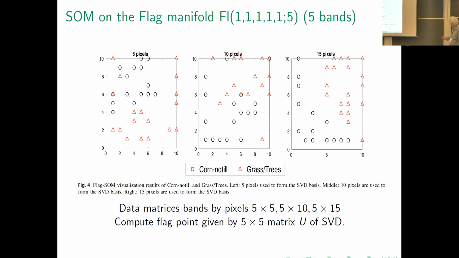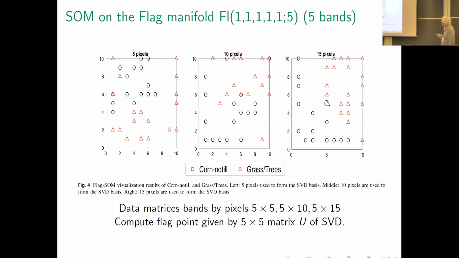And now I guess I'm kind of rushing, but that's all right. What we're seeing here are, if I use 5, 10, and 15 pixels, so the data matrix goes from being 5 by 5 to 5 by 10 to 5 by 15. Now these are the data matrices on the Grassmannian. They're going from square to wide. What we actually see is that for the wide matrix, the flag is working really well, right? So it's actually using the data from the SVD to separate these two data sets. Whereas with smaller amounts of data, it's not as good.